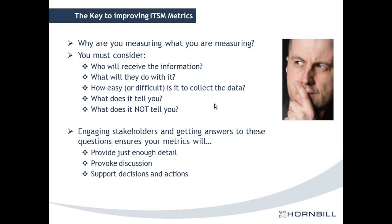One critical thing that you should consider then is engaging the stakeholders themselves in helping you to produce those metrics, getting the answers to the questions above from those stakeholders. So you ask yourself this question: of all those metrics that you're sending out to all those stakeholders, how many of those people come back to you and say, that metric you sent me, that report you sent me, has helped me make a decision? It's provoked a discussion, and I need to get together with you to discuss certain issues. So think about this when you're producing those metrics. Get your stakeholders involved, and then your metrics will be detailed enough and will be more specific to these